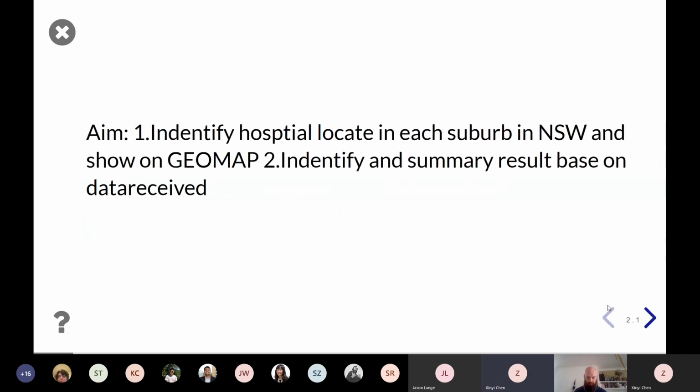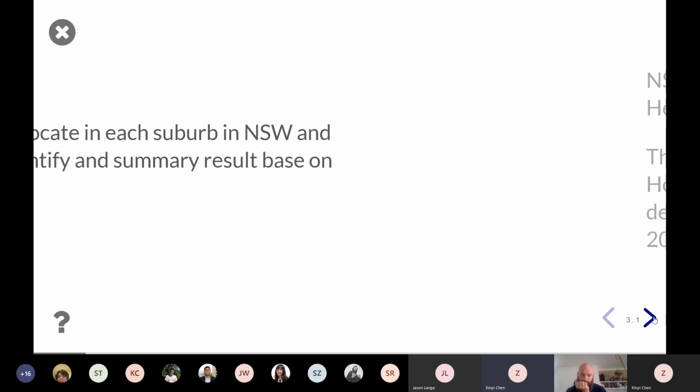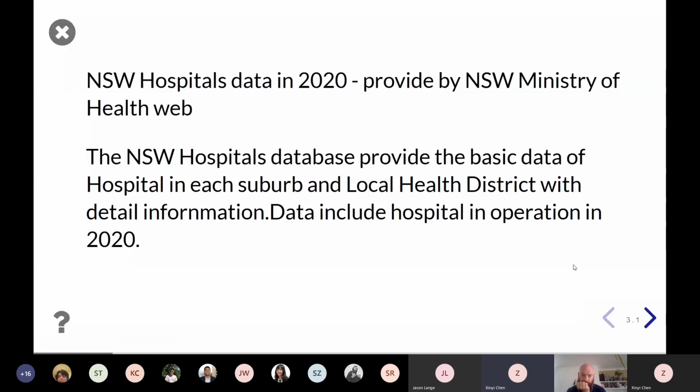And for me, I'm looking at identifying the hospital location in each suburb in New South Wales and showing it on a geo map. I also identified and summarized the results based on the data received. Basically, the data I used is the New South Wales hospital data in 2020 provided by the New South Wales